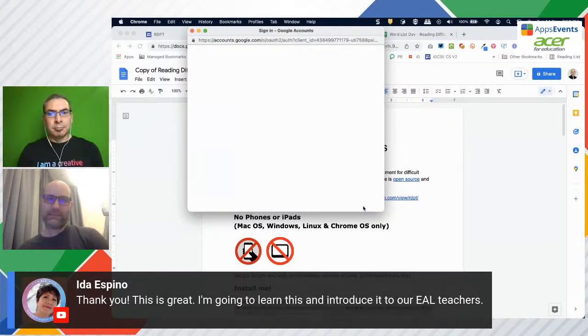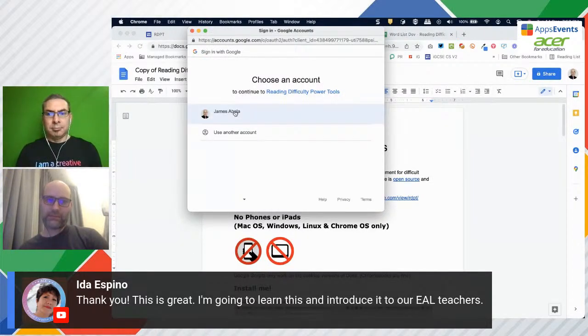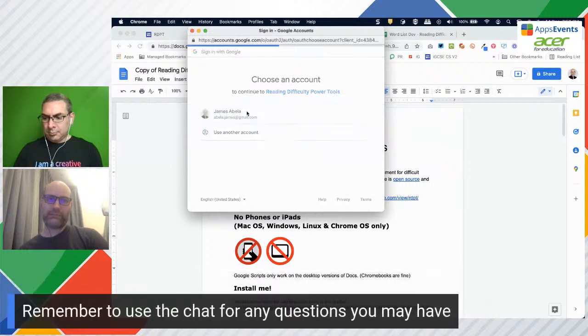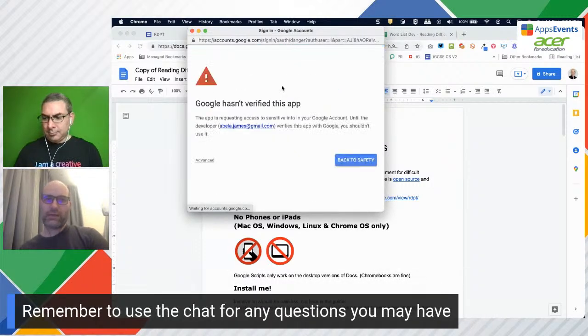And this tool is still in beta, which means that it hasn't been verified by Google yet. So let's just click on that. And it's just going to do this. So you see, Google hasn't verified this app. If you look very carefully here, you can see advanced.